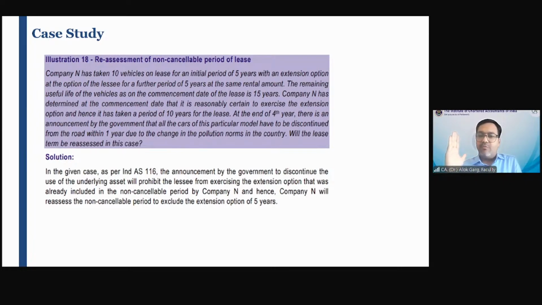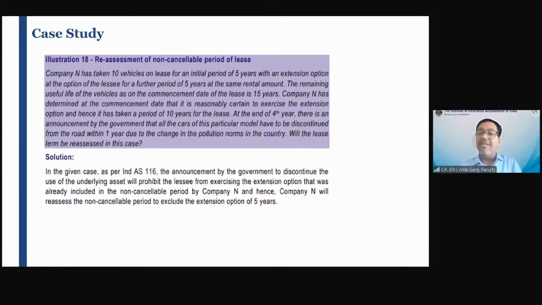Okay. So when I take it to present value, I mean to say at the end of the 4th year, I am going to pay for the end of the 5th year, that is 1 year. So I'm taking the present value of future lease payment, and I will compare that value with my existing lease liability. For example, my revised present value of lease liability comes at 100 rupees and I have 500 rupees of existing lease liability. So what I'll do, I will de-recognize 400 rupees.